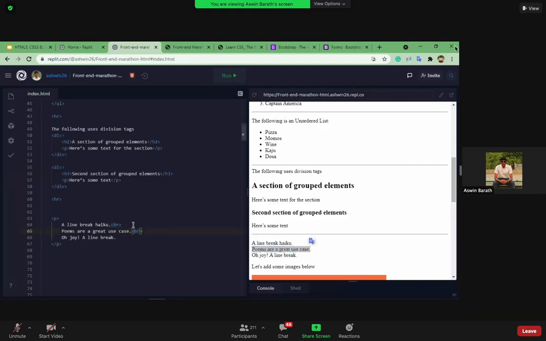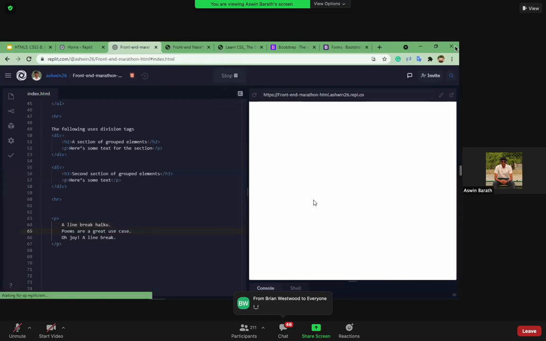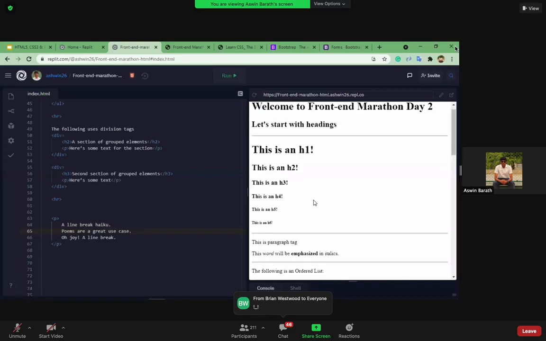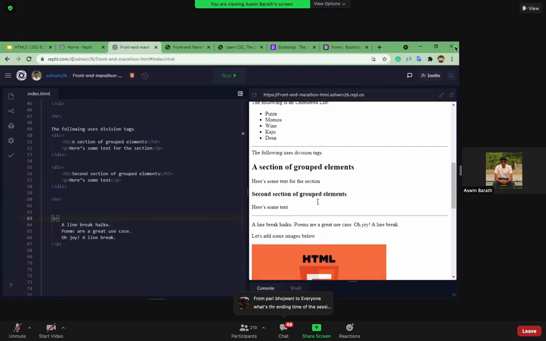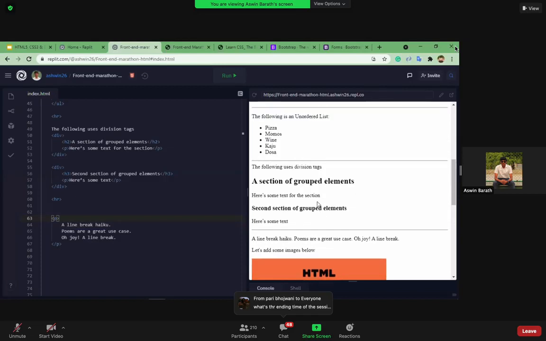To prove it to you guys, I'll just remove these two tags and run it for you and see how the text is displayed. As you can see, all of it is displayed in one line. Even though I have separated it out inside this HTML file, it is not displayed here the same way, right?